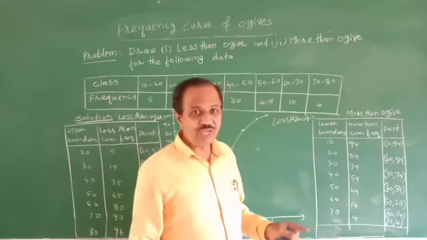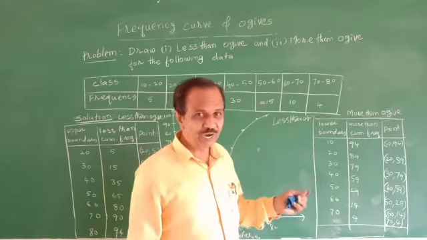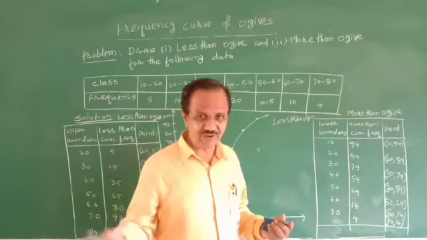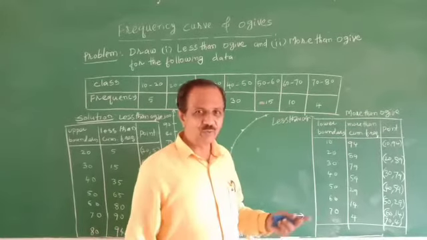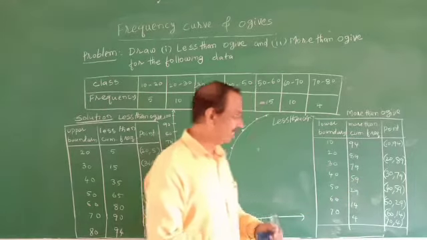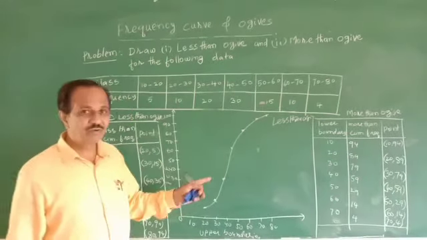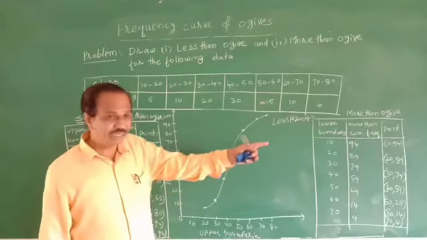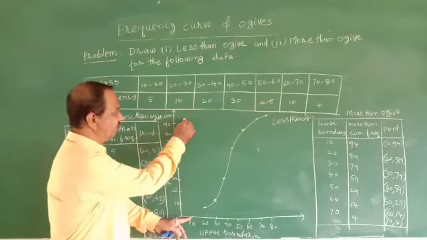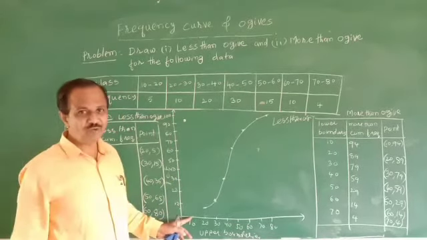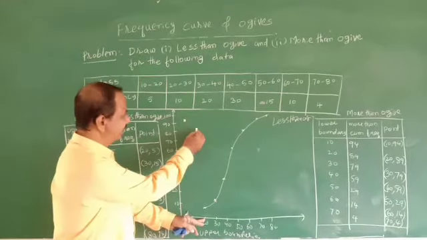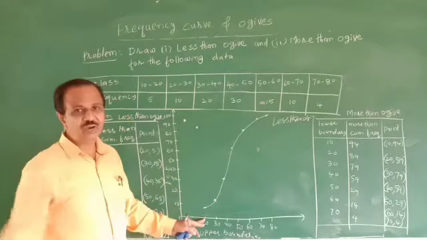Now we have to plot these points on the same graph, or we can draw in another graph. You take another graph, or you can draw the points on the same graph. Now I am drawing the points on the same graph. Let us see. So first one, what is the first point? Look at that, 10, 94. This is the first point. Point number 1. Next 20, 89. So this is the second point.